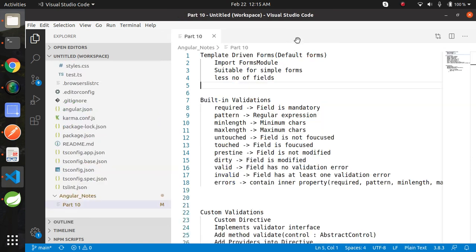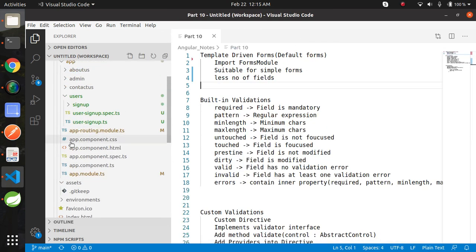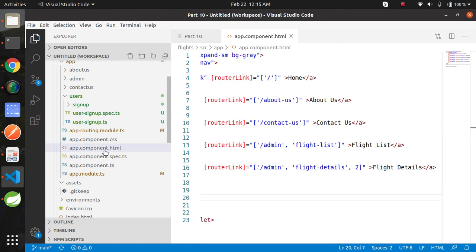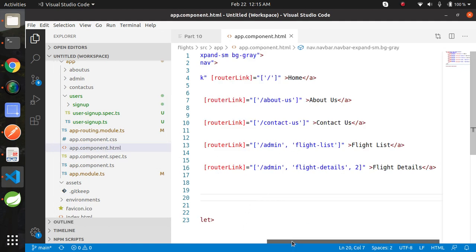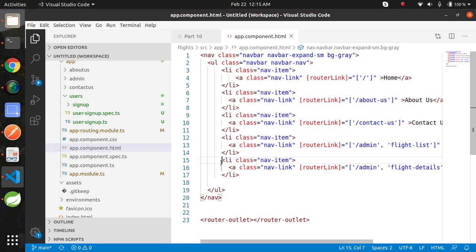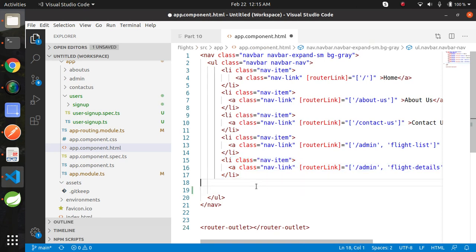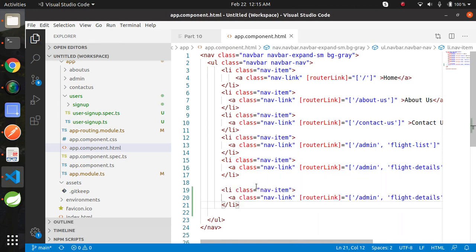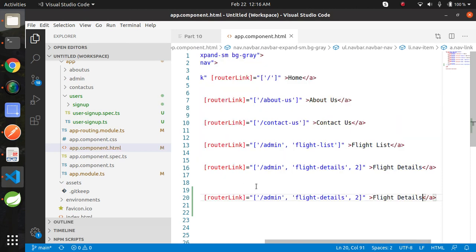Close this file and open app.component.html and add a menu for the sign up. Copy this, paste and rename it to sign up.